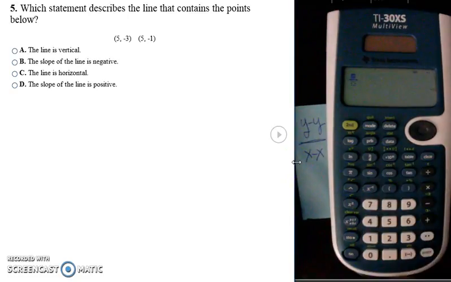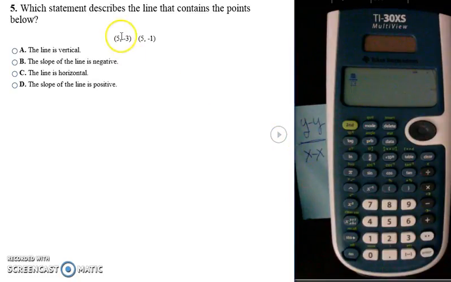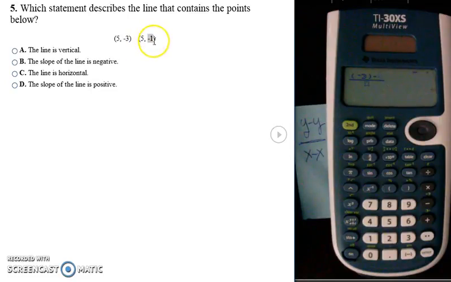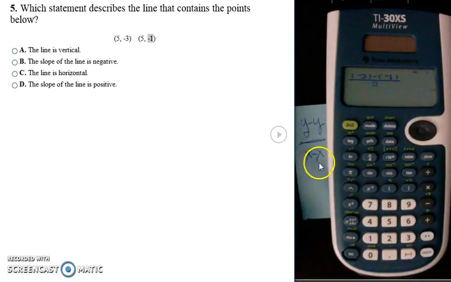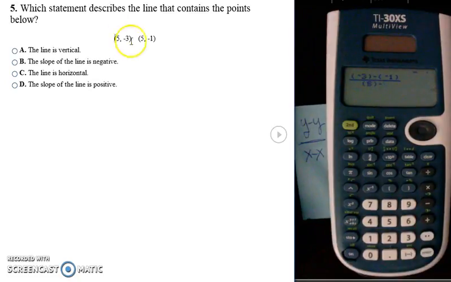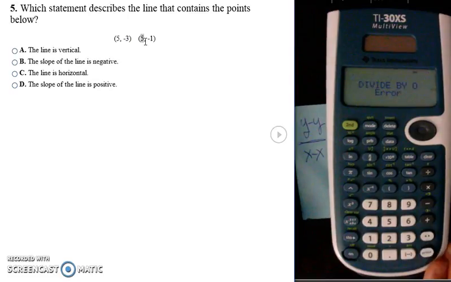So I go ahead and press my fraction button. And in the top of that fraction, I'm going to subtract my y values. My first y value is -3, so I'm going to put that -3 in parentheses, and then I subtract it, minus my second y value, which is -1, so I'm going to put that -1 in parentheses, arrow down to the bottom, where I'm going to have to subtract my x values. My first x value is 5, so I'm going to put that 5 in parentheses, then I'm going to subtract it from my second x value, which is also 5, so I put that 5 in parentheses, press enter, and